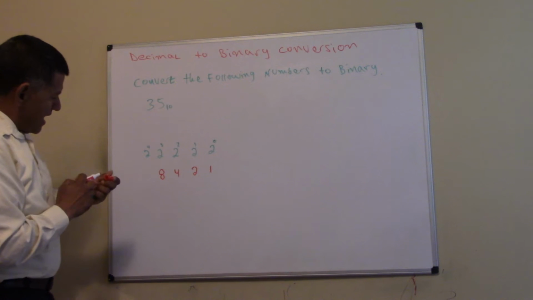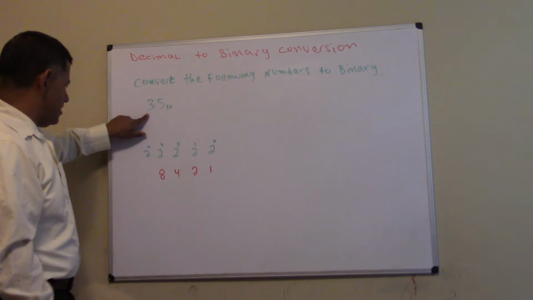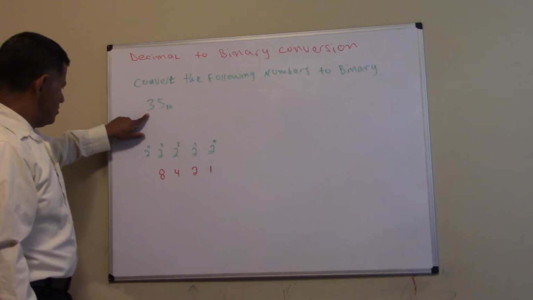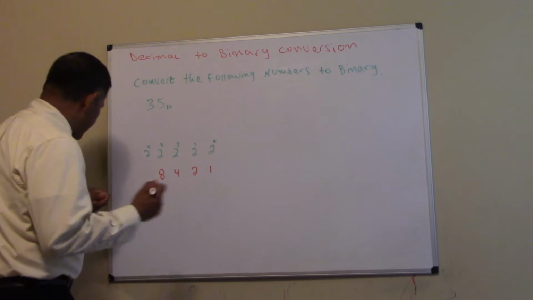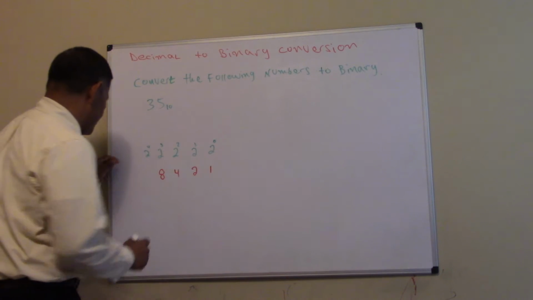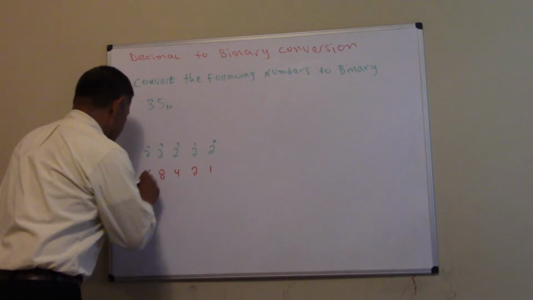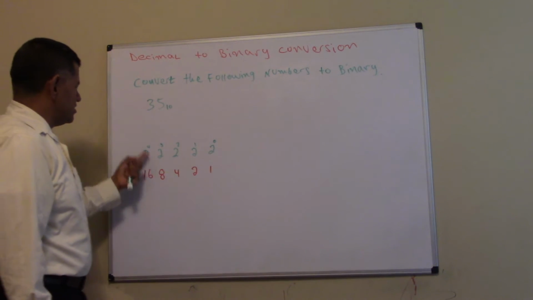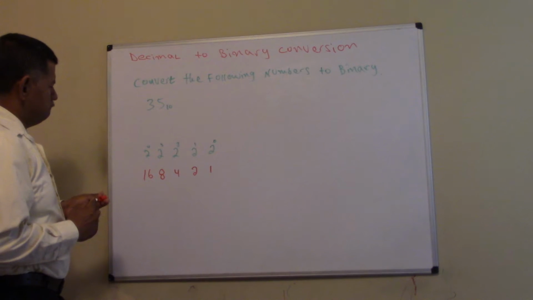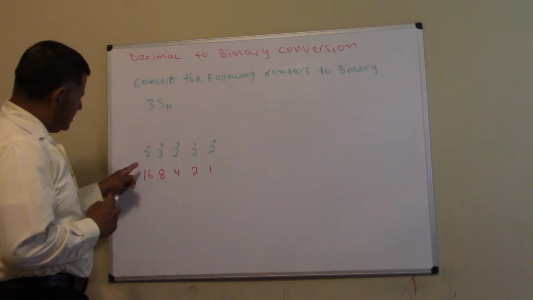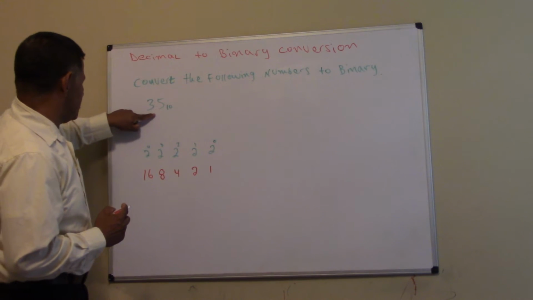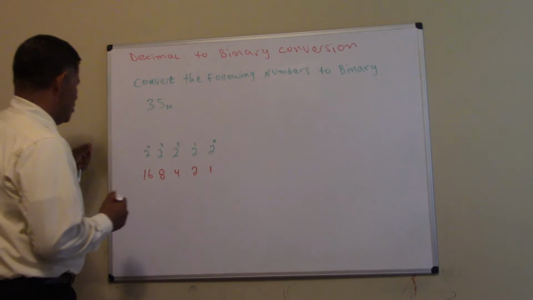But if I add this, do I get 35? Up to now, I know I'm not going to get it, right? But 2 to the 4th is 16. But still, it doesn't equal 35. So I had to go, this number right here gave me the opportunity to go one higher, which is